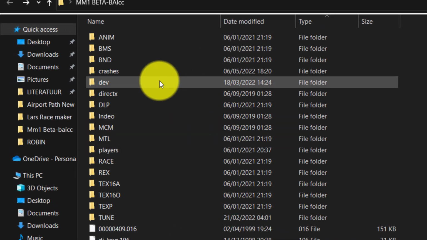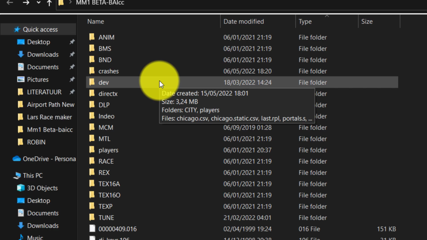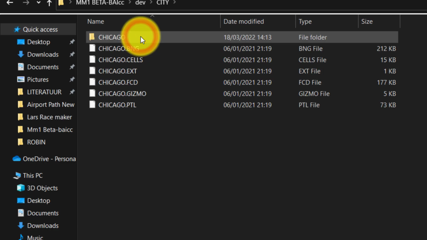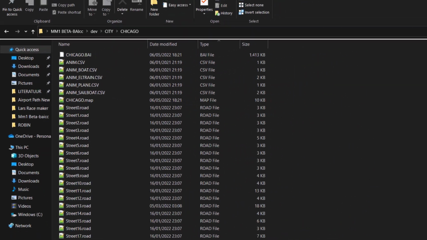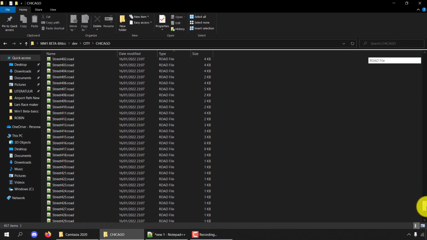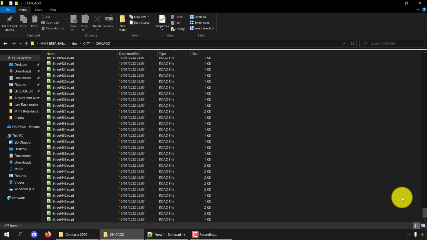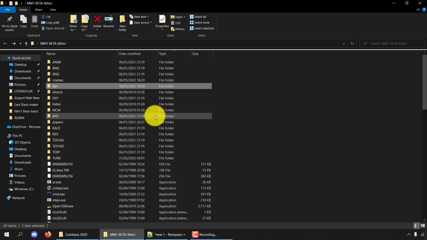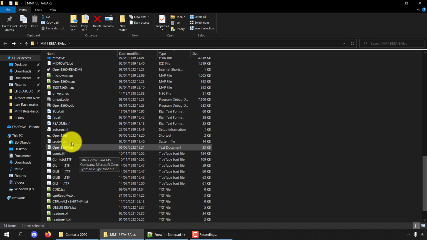So what you see here, you see a dev folder for developer, and then in the city, and then Chicago, you will now see about 500 street files or road files. Those are the files that contain the data for creating roads, simply put. So what we will do is we will